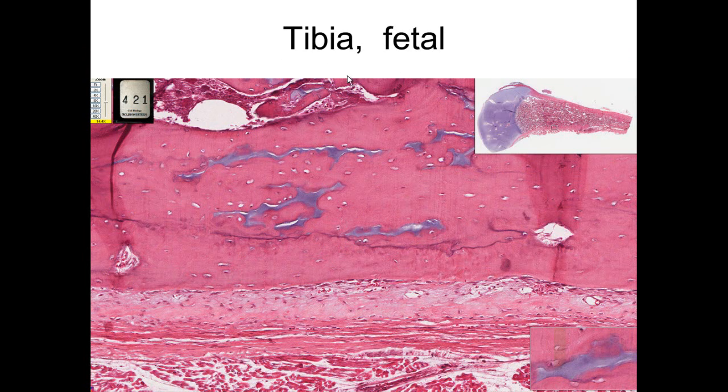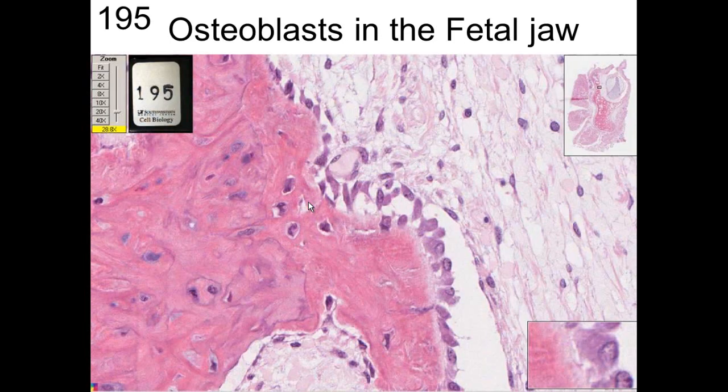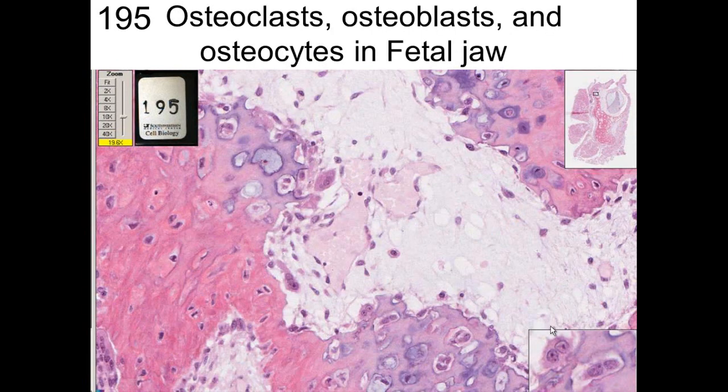This is a tibia. It shows you again where cartilage is being remodeled on this compact bone. There's bone marrow there. So this is compact bone that we're looking at right in through there, and you can see it was cartilage at one time. It's being replaced by bone. Here we see some osteoblasts laying down more bone in this particular specimen. We see some osteoclasts in through there